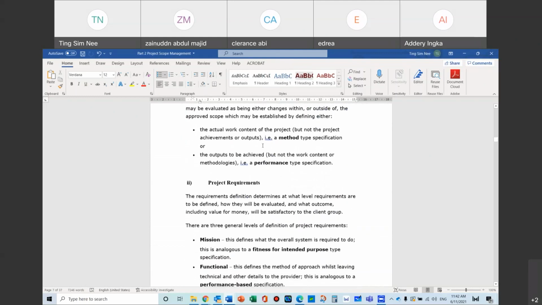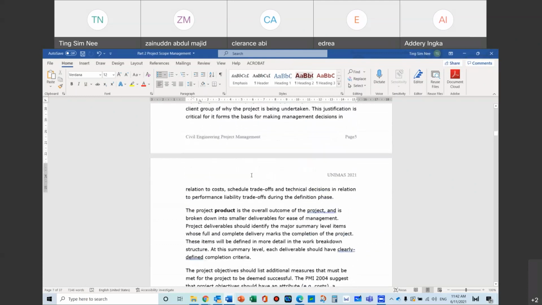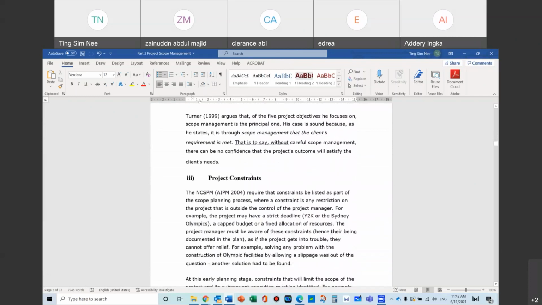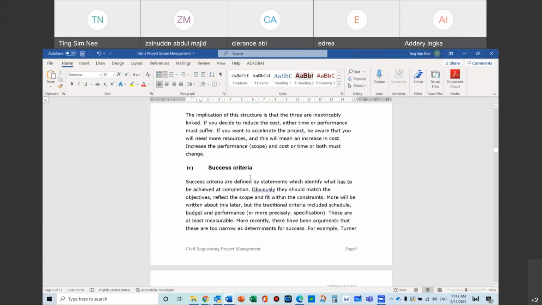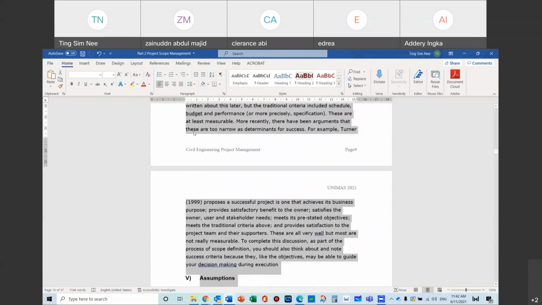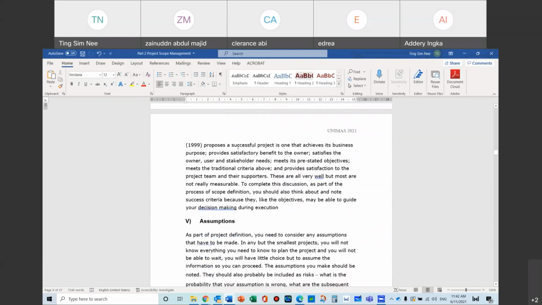So this is the part that we're trying to explain, what is in this particular section. Project requirement in your scope, project constraints, and then what is the success criteria, what are the assumptions that you make, okay? So once you have reached this, you already have preliminary studies. And these preliminary studies will really more or less develop your scope of work to a certain level, okay? And this is the part that you will actually need to come up with some form of